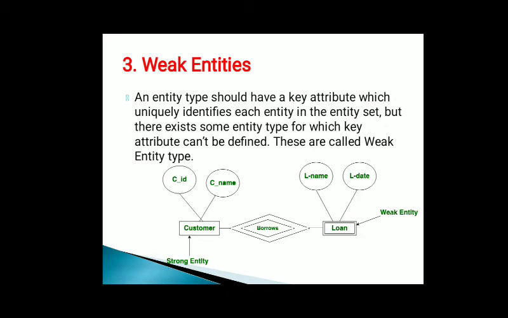What are the weak entities? Weak entities do not contain the primary key. And what about the strong? Strong contains the primary key, means the entity which can be identified uniquely is known as the strong entity, right? Here the loan is the weak entity and the customer is the strong entity, and the relationship between these, borrow, is shown in a double diamond because the strong entity is connected with the loan. Loan is a weak entity, so it is shown in a double rectangular box, right? Got it all of you? What are the key entities?